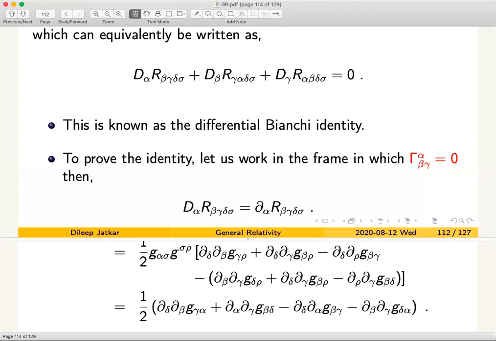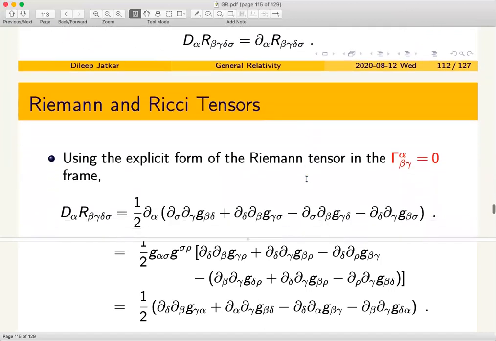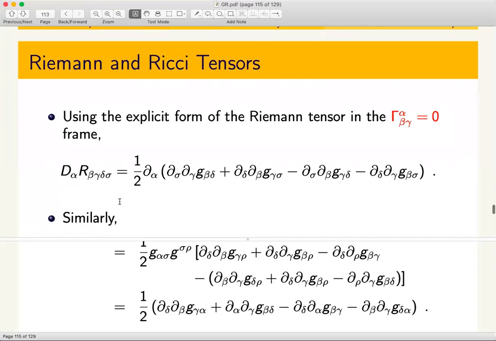Okay, good. So choose this and plug it up there. Here's the expression. So d alpha, I continue to write capital D here, although I am actually taking only partial derivative. But I want to write d alpha because it is part of that differential Bianchi identity, so that I can just pick this piece and plug it up there. I haven't done anything. I have just adjusted indices correctly so that this expression involves the beta gamma delta sigma indices, and took a d alpha of that.